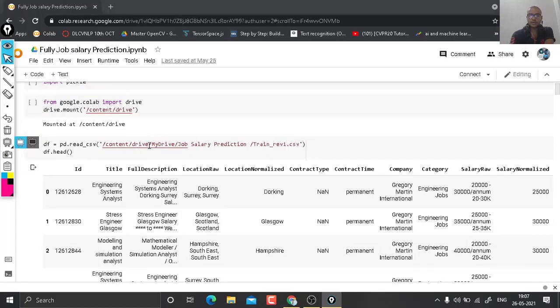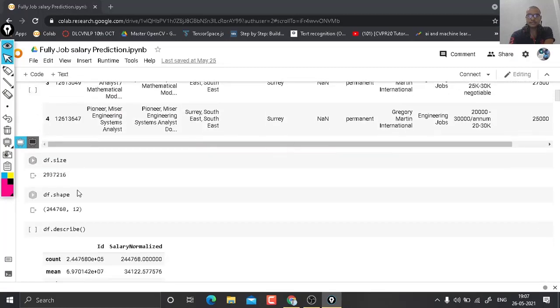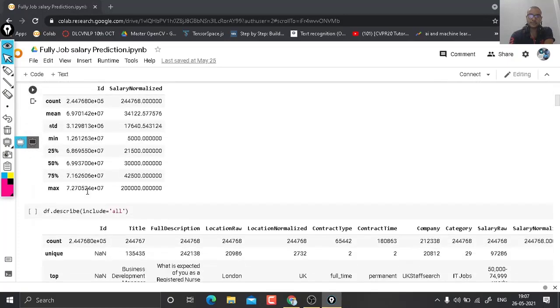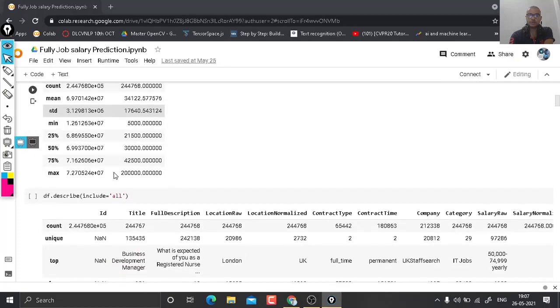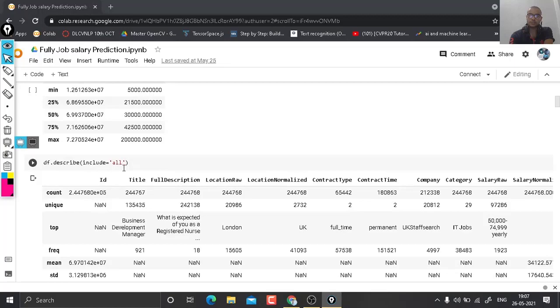After that we import our data set, then print the head, then check the size, which is length into width, meaning rows into columns, then the shape. The describe function is used only for continuous values. If you want to see describe for both continuous and categorical columns, you have to include equal to all.